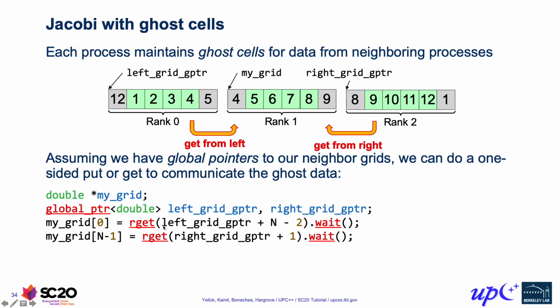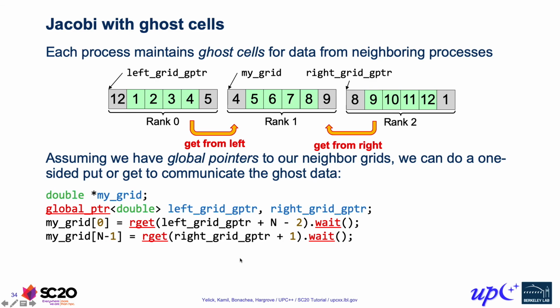And rget, since this is a scalar version and we're working on a global pointer to double, we get a future of double, and then we can wait on that, which produces the double value, which we can then store in the appropriate location in our own grid. And similarly for our right neighbor. Now these two particular calls don't do any overlap. When we get to the full iteration, we won't call wait immediately. Instead, we'll ensure that we're overlapping these two communications with our interior computation as we were before.